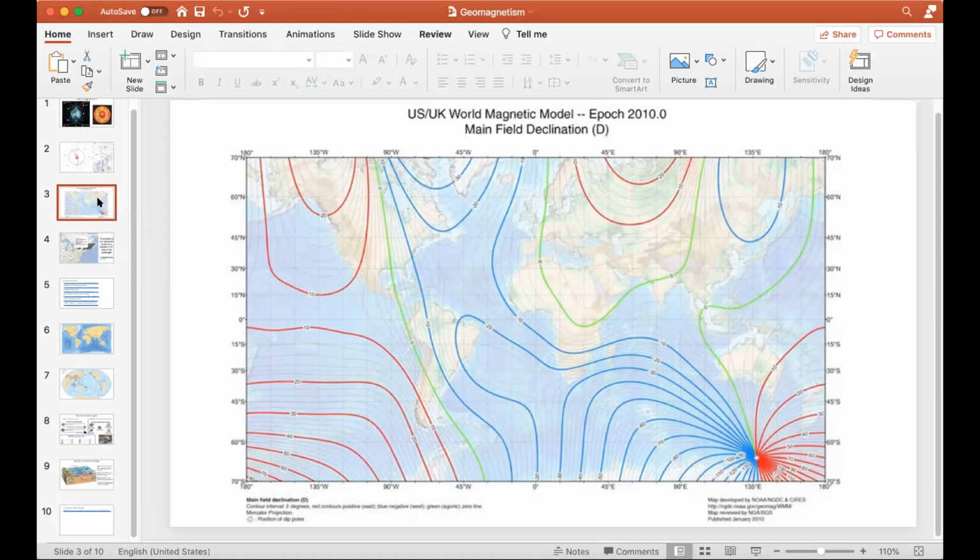This is a map called a declination map. And anyone who lives along this green line here, like in North America, South America, or throughout Europe and Africa and Asia, all the people who live on the zero line, a compass pointing north is the direction of the North Pole, exactly. But anybody to the right of the green line, like here in Pennsylvania, the magnetic North Pole is to the left of the geographic North Pole. In other words,